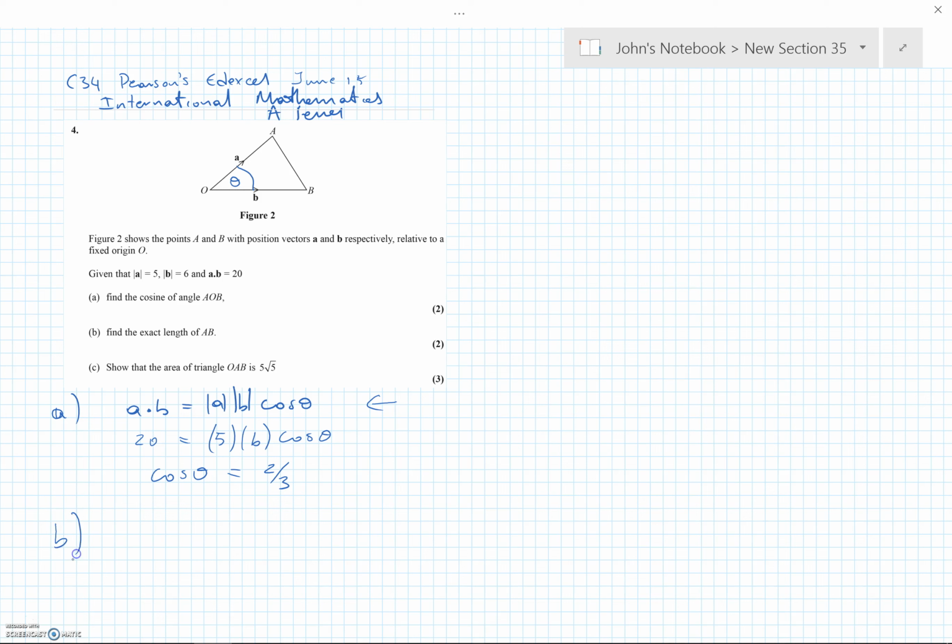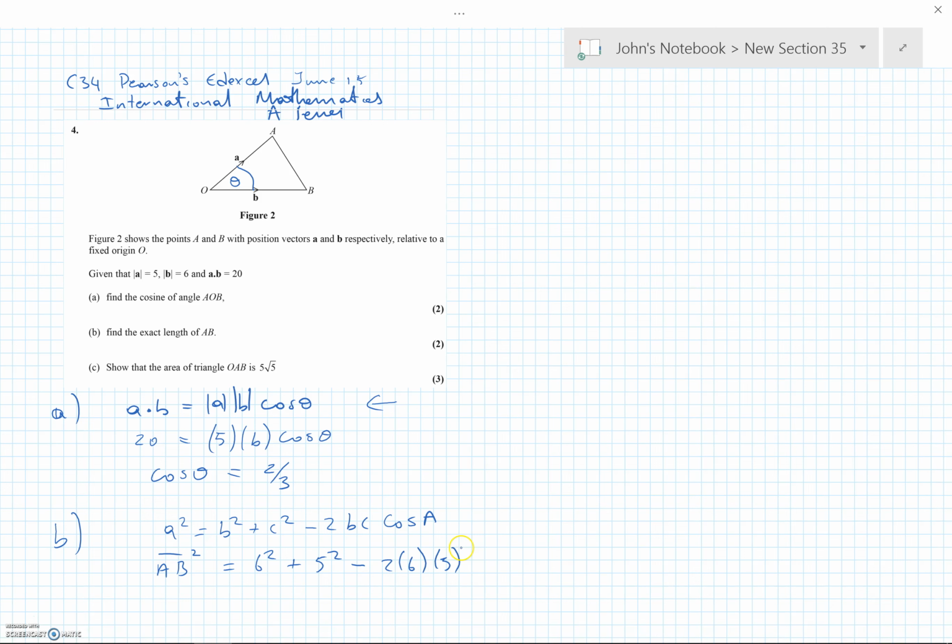So part B, as I said, it really boils down to trig now. The cosine rule states that a squared is equal to b squared plus c squared minus 2bc cos A. Well, in this context, we're looking for AB squared is equal to b squared, which is 6 squared, plus c squared, which is 5 squared, obviously changing around the letters, minus 2bc, so that's minus 2 times 6 times 5